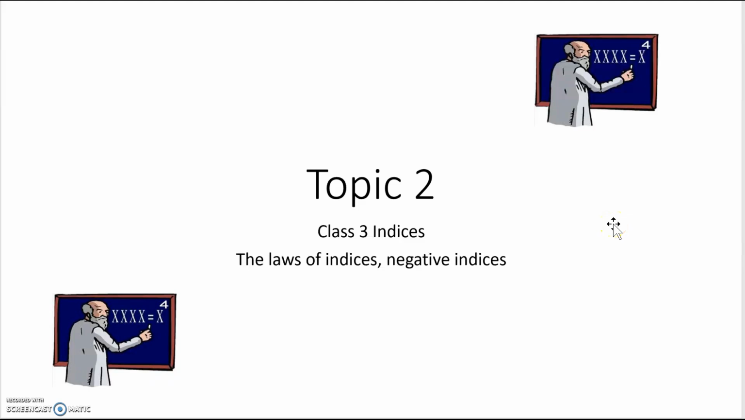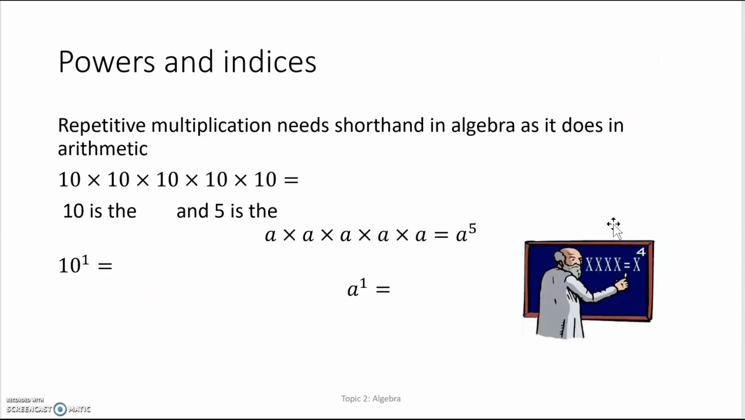This is topic 2 and class 3, where we're looking at indices or index numbers. That's just indices, the plural for it. We have looked at this a little bit before, but let's start to do it more formally. What we can do here is 10 times 10 times 10 times 10 times 10. We can use shorthand to write it as 10 to the power of 5, where 10 is the base and 5 is the power,